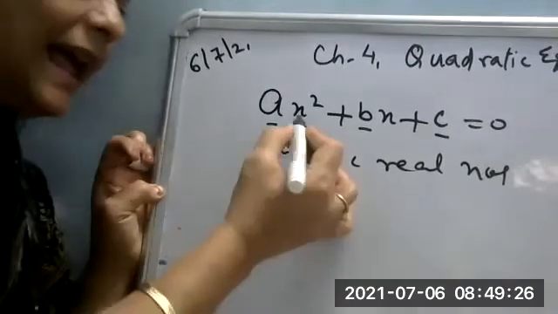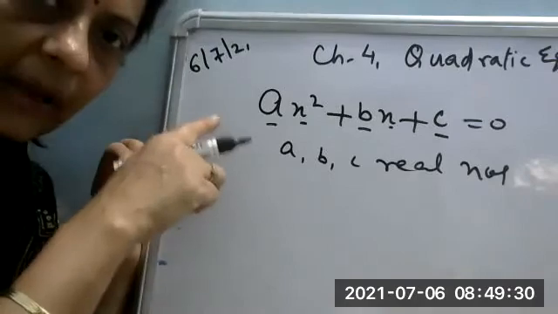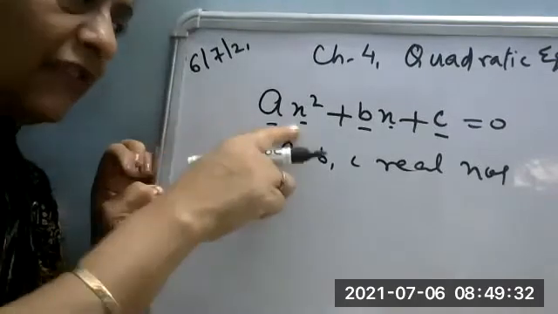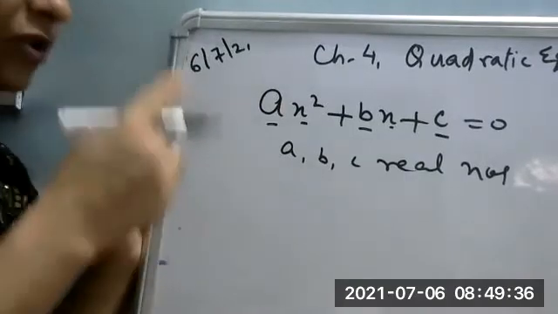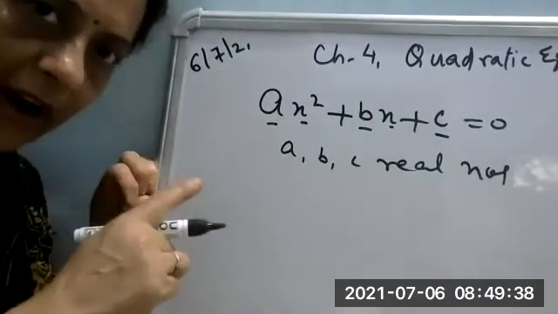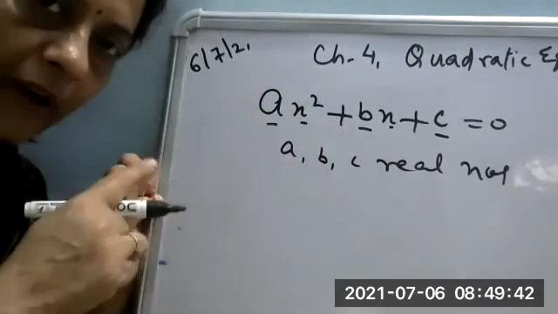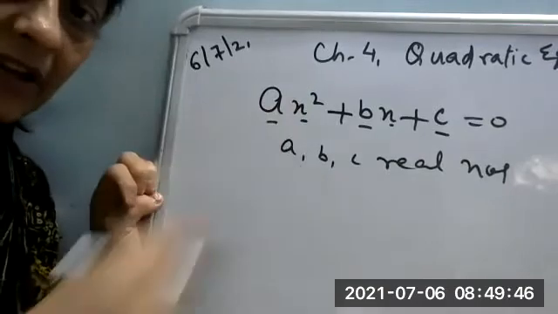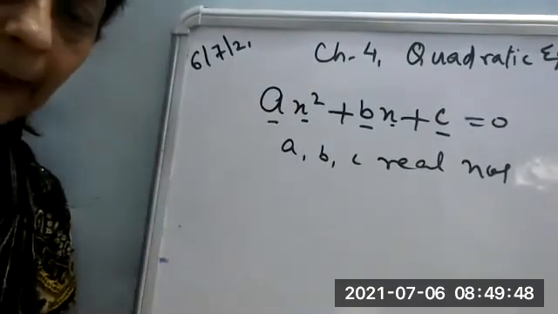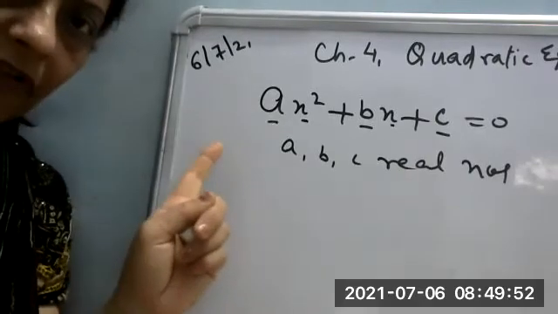And this form has the variable x. So this is a quadratic equation in terms of the x variable. If this variable changes, then the quadratic equation will be in terms of that variable. So basically, we are going to find x. You can see the power of x is 2. So we are going to find the factors of x. And how many factors of x will we have, children? Anyone of you please tell me. If the degree is 2, then how many factors can we have here? We will have 2 factors.